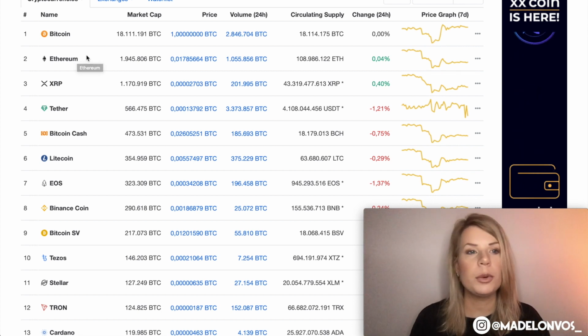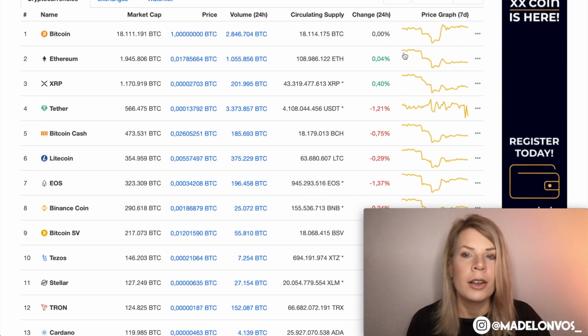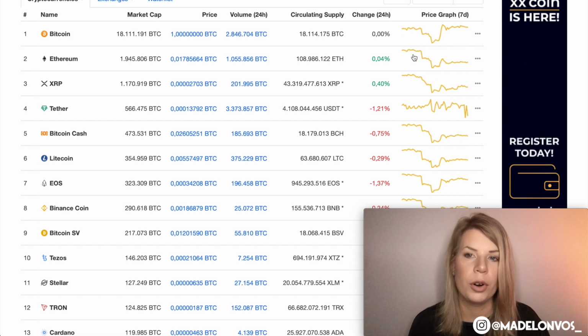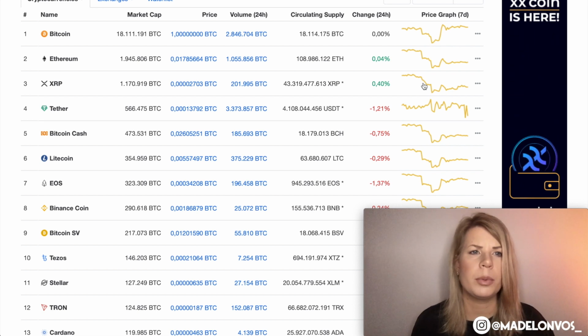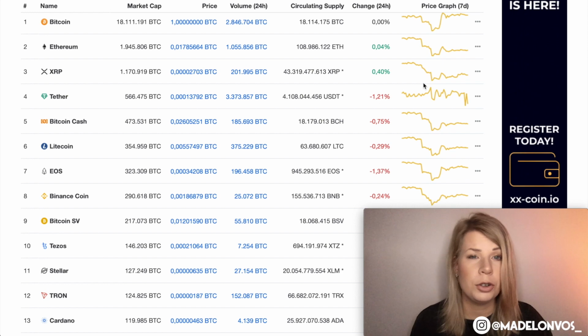So okay, as you can see right here, Ether and XRP are doing better than Bitcoin. But something strange is going on here, because the price of Bitcoin is higher than the average before the price went down in the decrease. That's quite interesting. We're going to dive deeper into the charts of Ethereum and XRP as well, because I didn't look at them today.